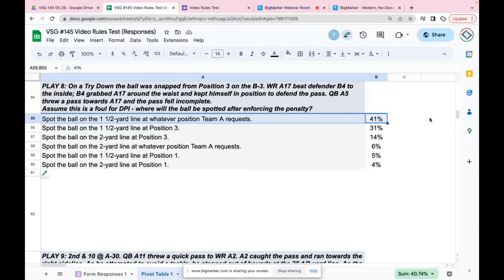It's really important to go through all those scenarios. And I don't know what percentage of coaching staffs know this rule. 0%. No, I disagree with that. But it's not very high. I don't think it's in the double digits.